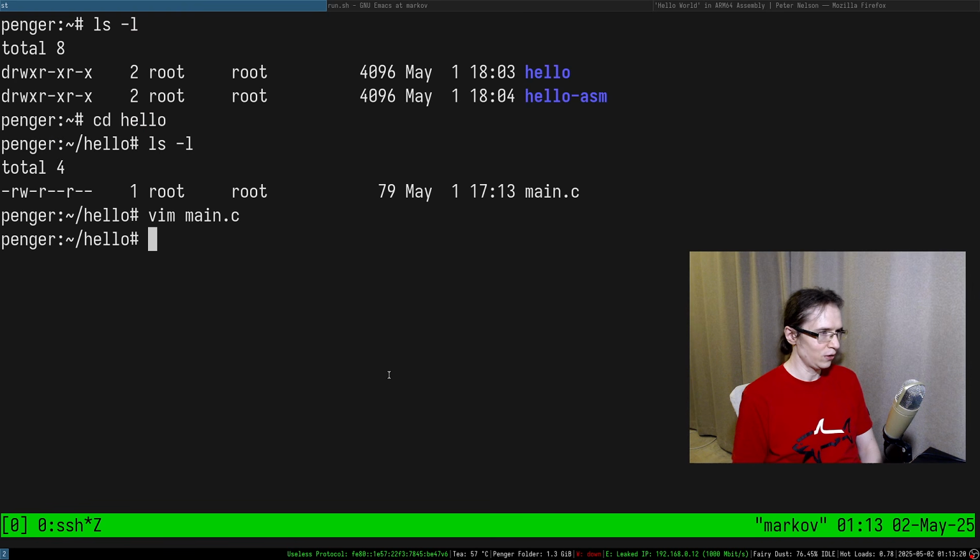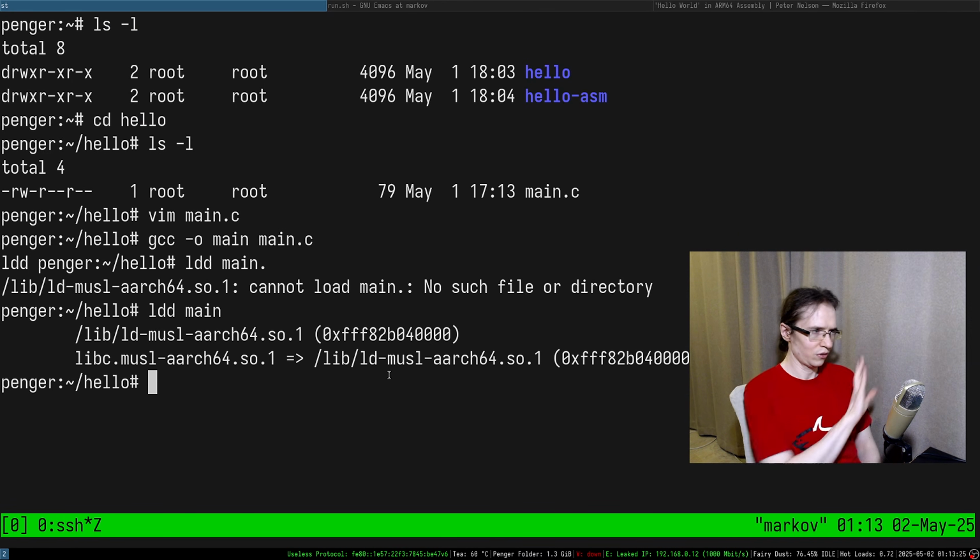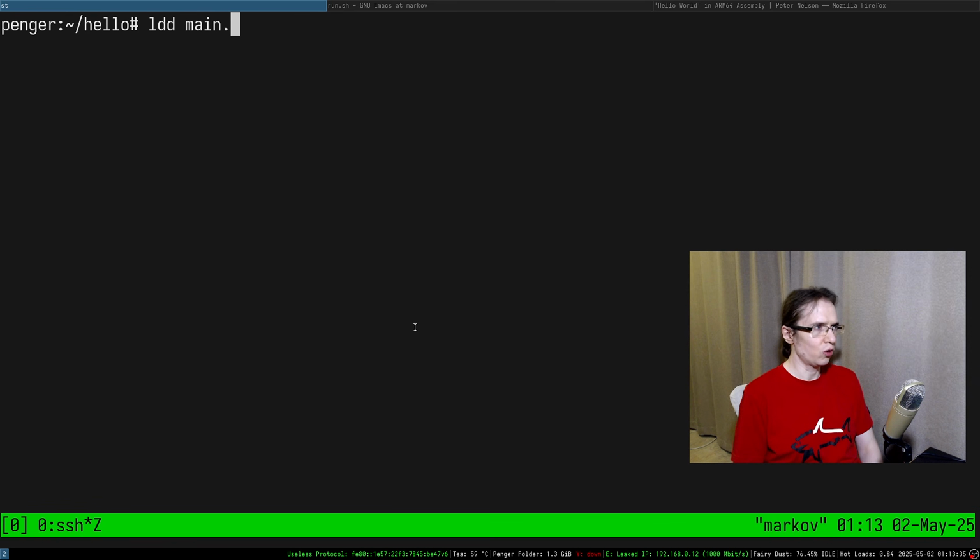And if I try to compile it with GCC, this is not a static executable, right? So it depends on libc, musl, arch, and so on. So maybe it makes sense for me to call it something different. So this is hello_c_musl.